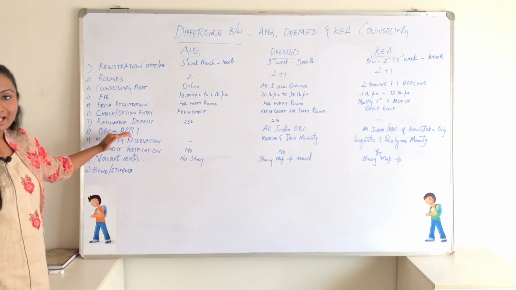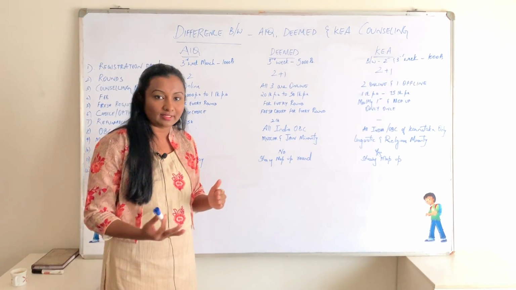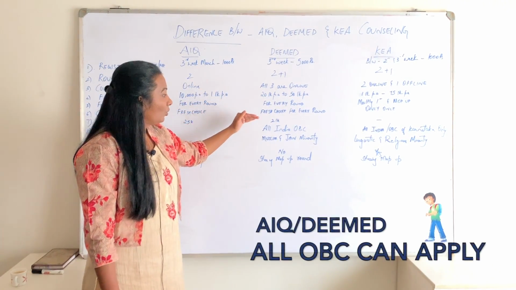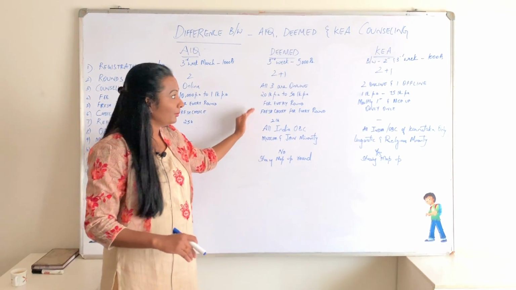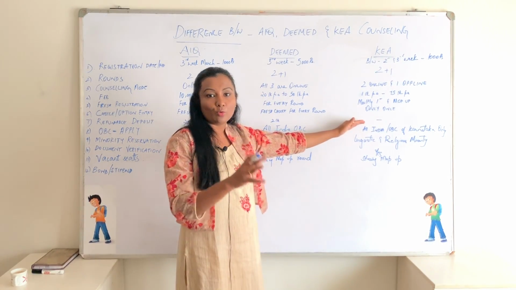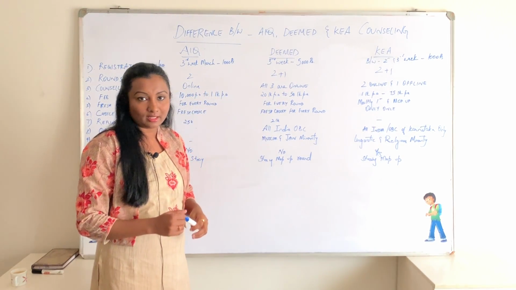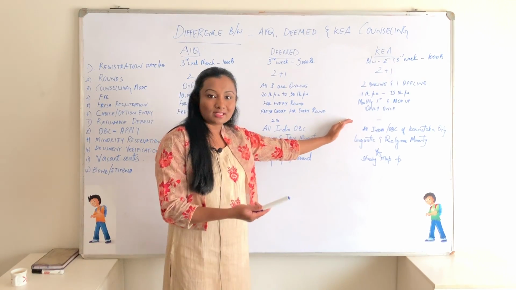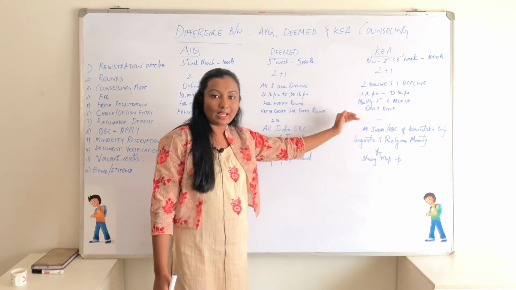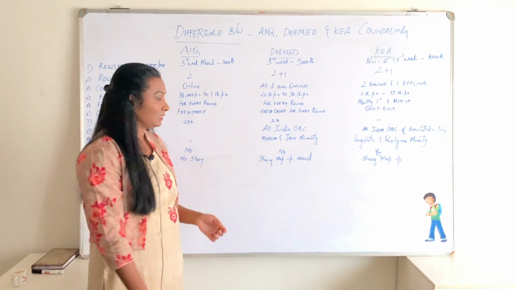Now most of the students ask us about the OBC category, because we know a lot of students get qualified under OBC category. When it comes to MCC counseling, OBCs from all over India can apply, but when it comes to KEA counseling, only students belonging to the OBC category of Karnataka can apply. Even if you're looking at a management NRI quota seat in Karnataka, suppose you're OBC of another state and you are qualified as per the NEET qualifying score, still Karnataka does not accept your application. Whereas in deemed, OBCs from all over India can register for the counseling process.